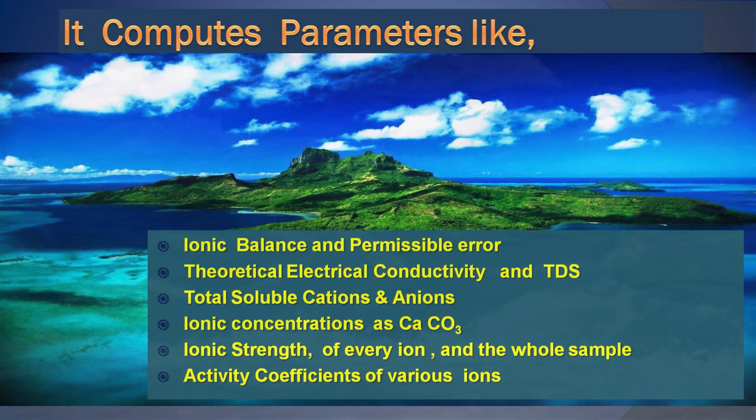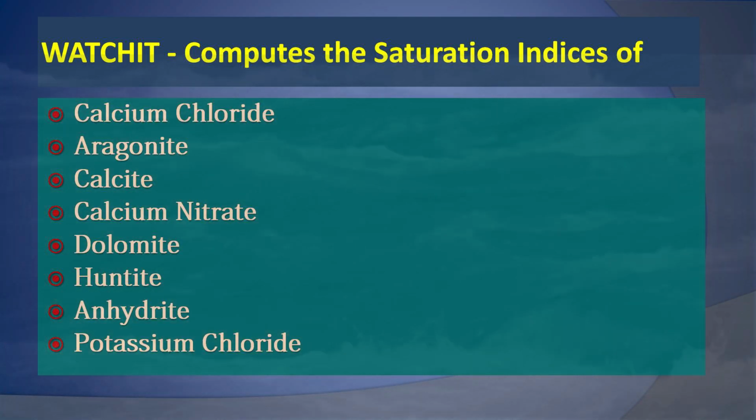It computes parameters like ionic balance and permissible error, theoretical electrical conductivity and TDS, total soluble cations and anions, ionic concentrations as CaCO3, ionic strength of every ion and the whole sample, activity coefficients of various ions, saturation indices of